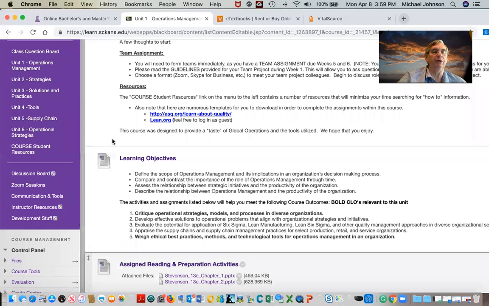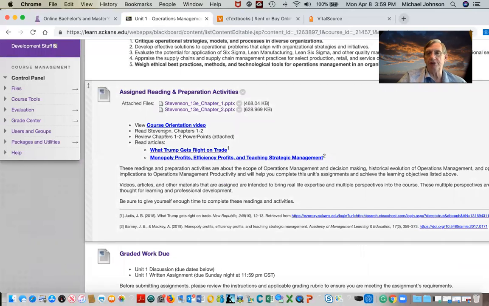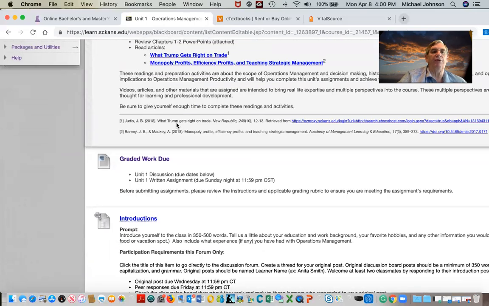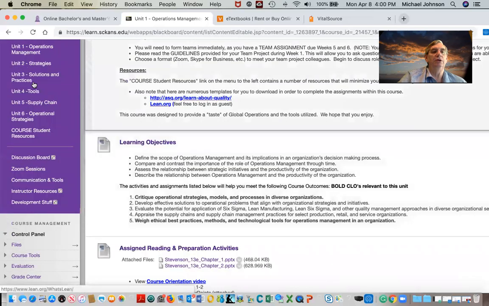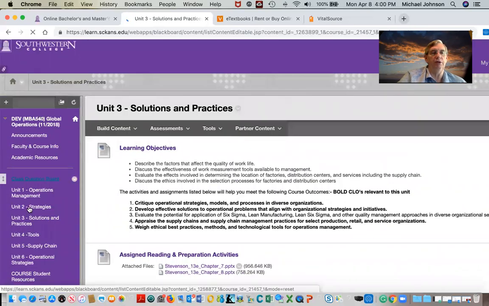Let's go and keep looking. As the weeks progress, the basic format will be 2 discussion questions, and then the team project. And that'll be for Unit 1, Unit 2, Unit 3, and it just keeps going on. Let's go to Unit 2.